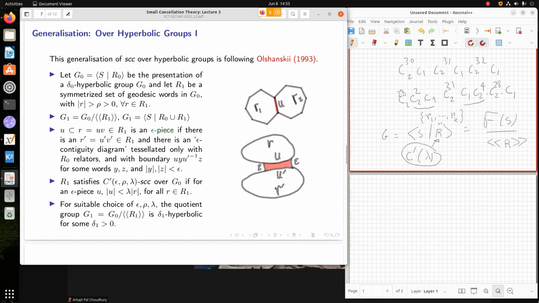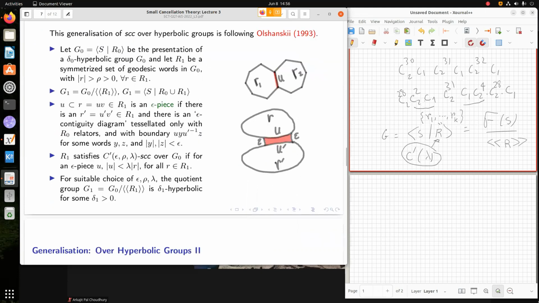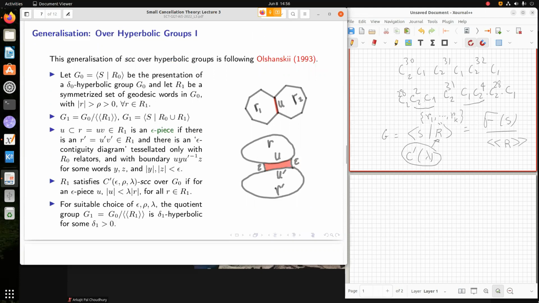So the first one we will talk about is over hyperbolic groups, and this generalization is by Olshanskii, and what he does here is he more or less followed the metric small cancellation condition C prime lambda in the same spirit of the definition for free groups, for the free group quotient, the classical small cancellation. So what does he say? He says that